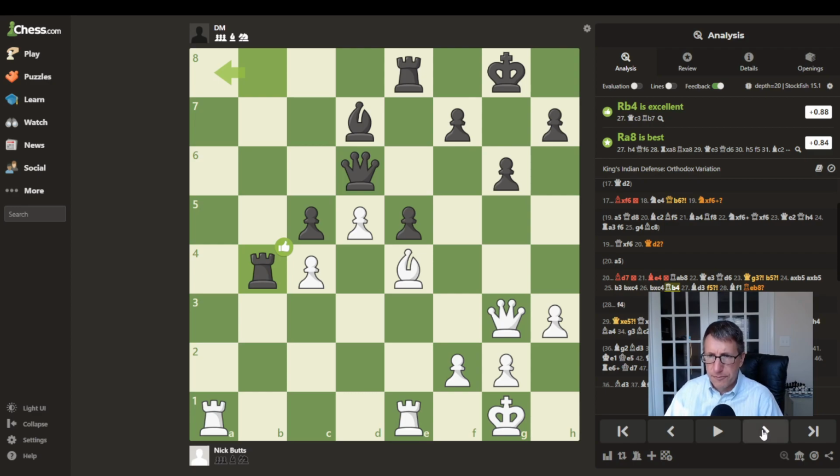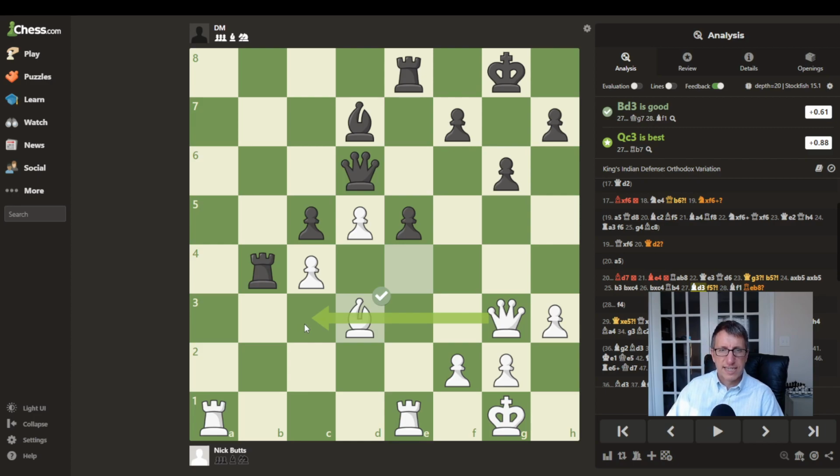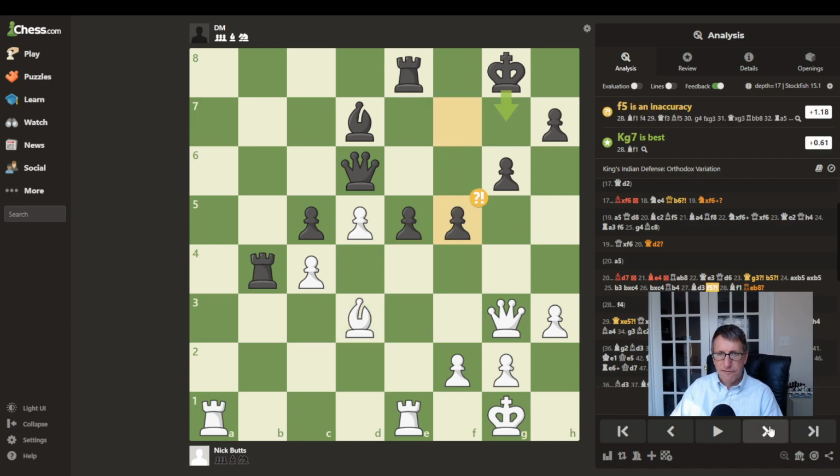And so now I retreat back to protect this pawn. And it looks like a queen move would have been better, protecting with the queen. So that's interesting. And now we have f5, gaining space on the king side, pushing forward,